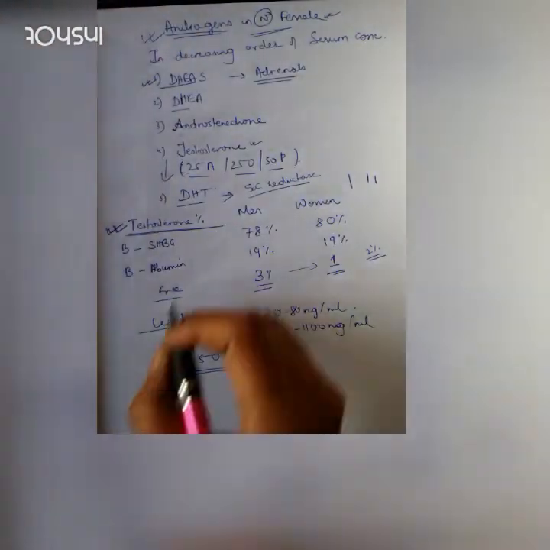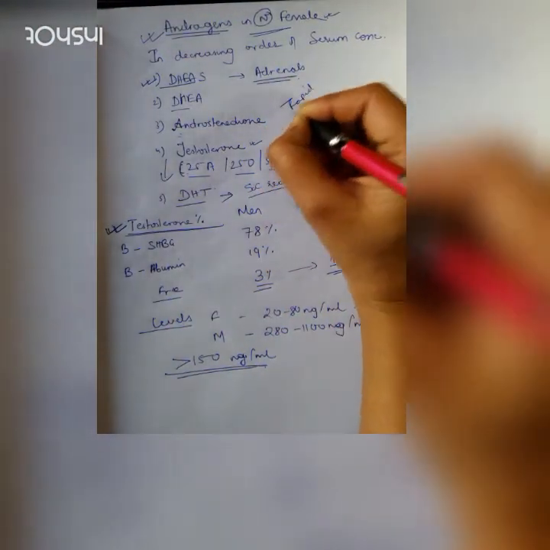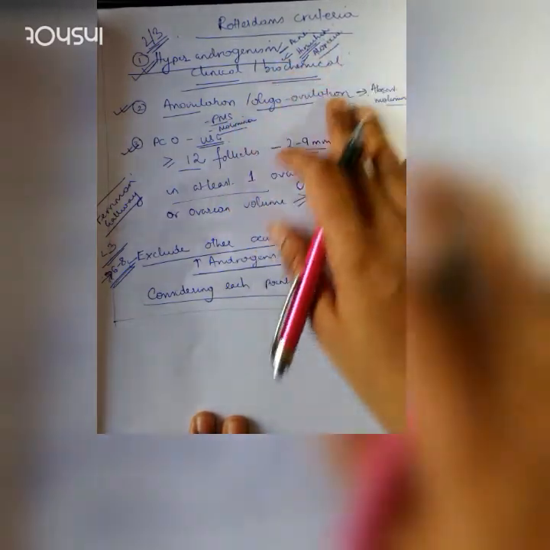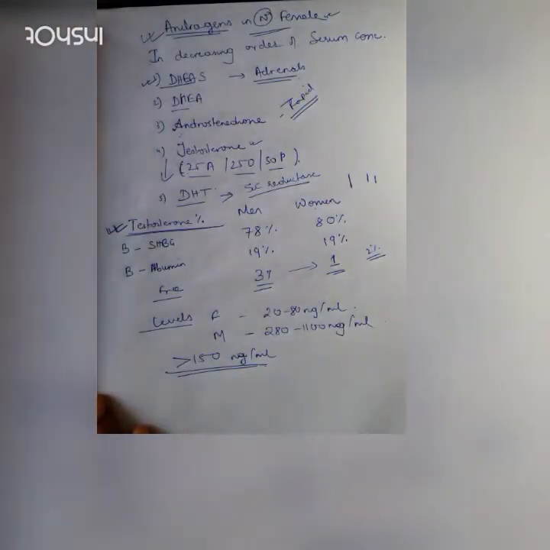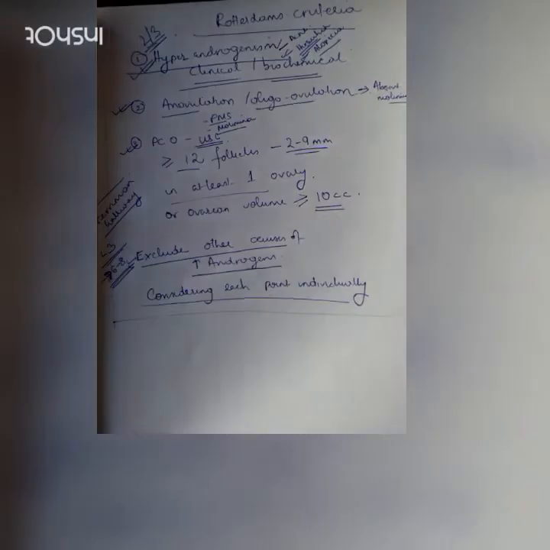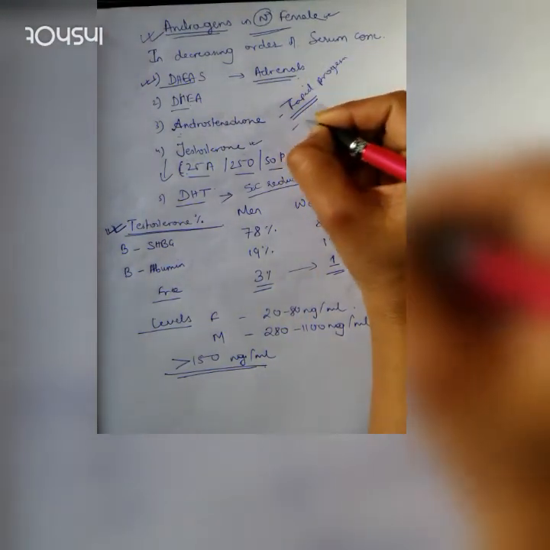Now, when to do these tests? When there's a rapid rise, or when there's rapidly progressing acne, hirsutism, alopecia growing over a short period of time. Normally in a PCOS cycle, you will have a female who will not remember when the acne or the hirsutism started. She'll say when she attained menarche, these problems started to set in, and they have been increasing since that time. Whenever there's rapid progression, sudden appearance,